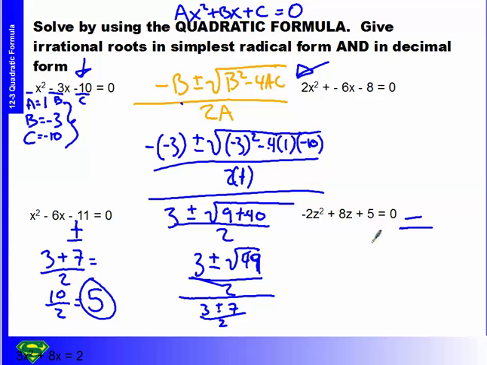On the other side, we have 3 minus 7 over 2. 3 minus 7 is equal to negative 4 divided by 2. Negative 4 divided by 2 is negative 2. So this expression has solutions of negative 2 and